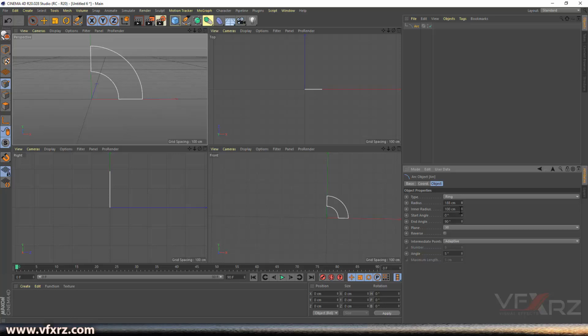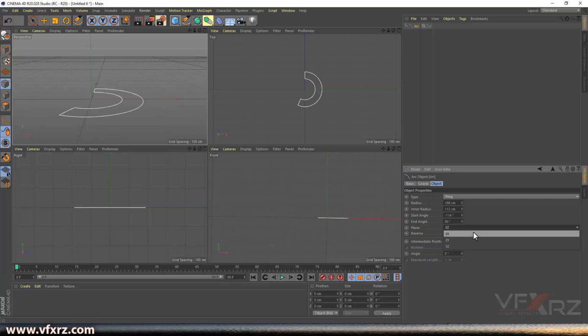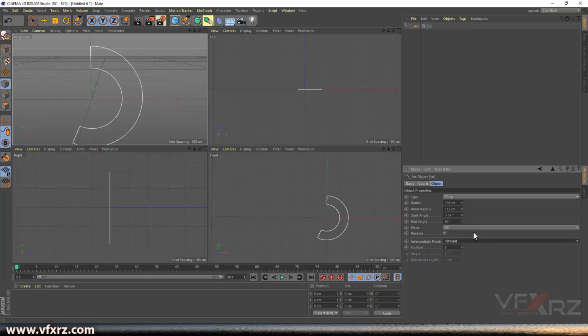We have a radius, inner radius, and here we have a start angle, a start to end. And again here we can change rotation